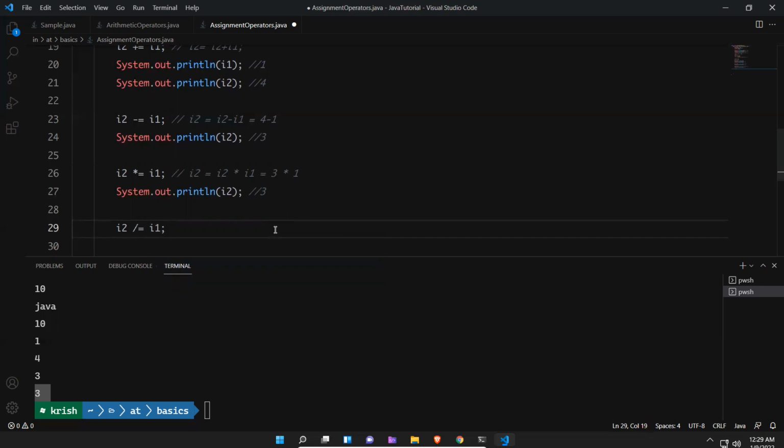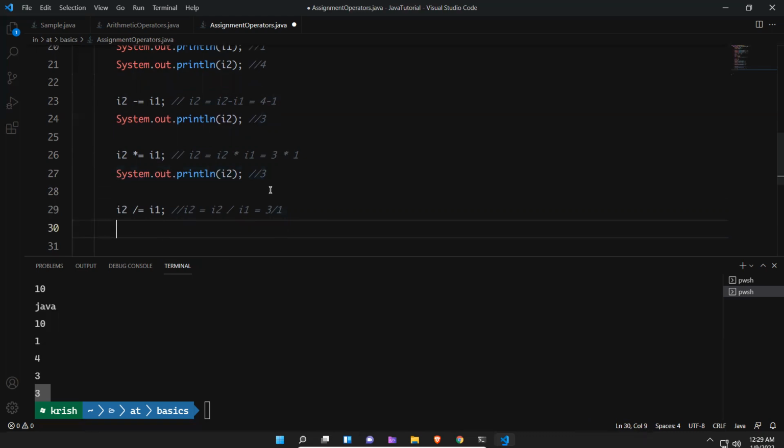Then again I2 equals I2 divided by I1. I2 is already 3 divided by 1, so 3 by 1 means again 3. The reason is we have taken I1 as 1. So if you multiply or divide by it, nothing changes. So again you will get 3.